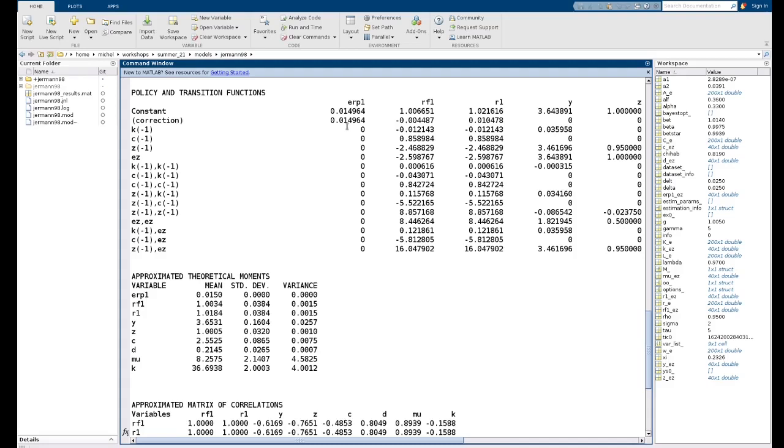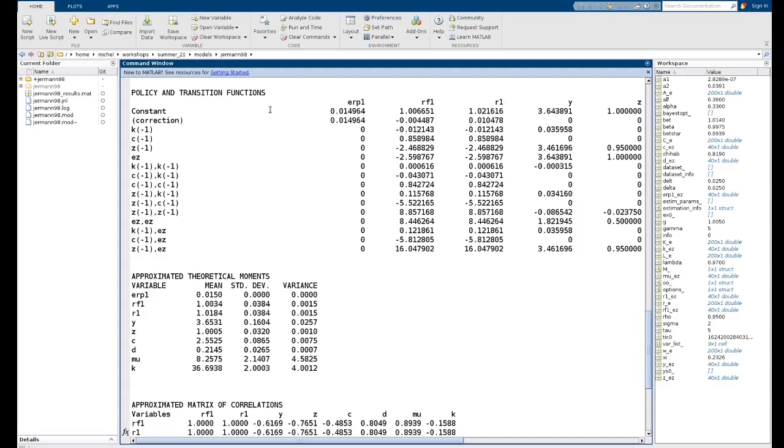So now we see an amount for expected risk premium, and we see the correction is not the same for the risk-free rate and for the return on capital. There is a gap that corresponds to the risk premium because it's 0 for all other variables. In fact, the correction is slightly negative for the risk-free rate and positive for the return on capital.